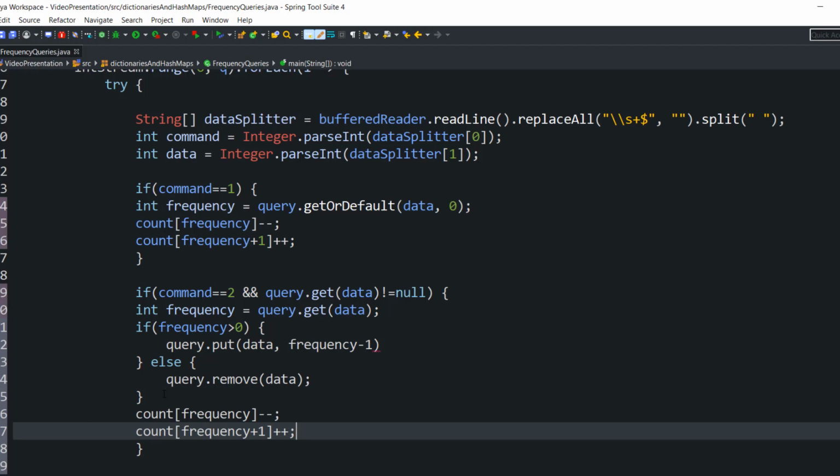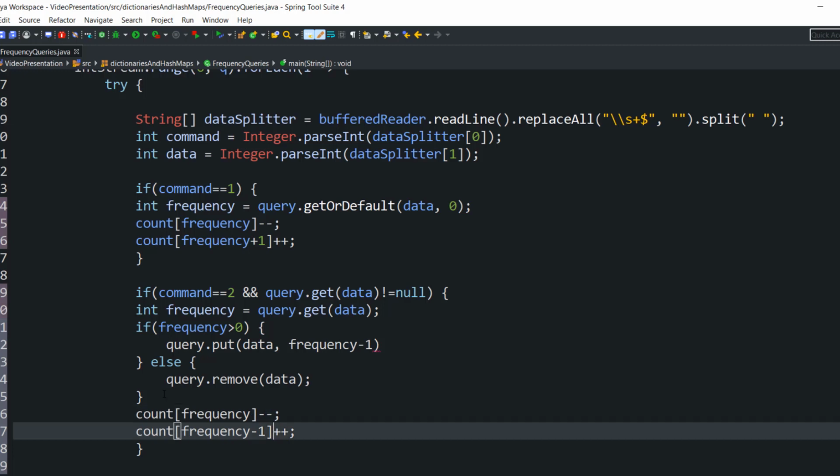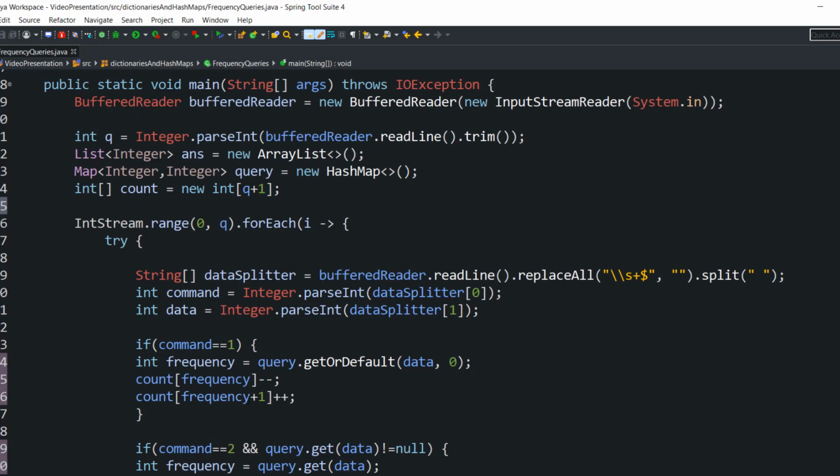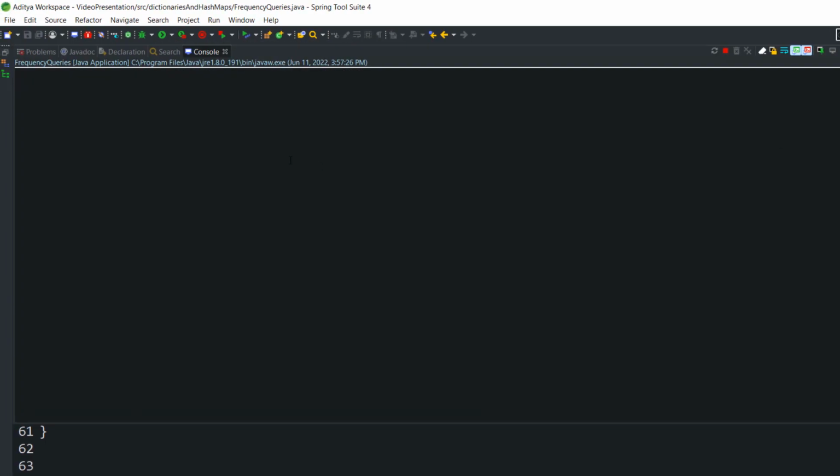Okay, so here it is +1 given, here I am going to do -1, and here it is ++. Next, what we are going to do here, we're going to keep it as it is written here. All right, now let's save the code. Let's run the code. 4 set of queries. Okay,